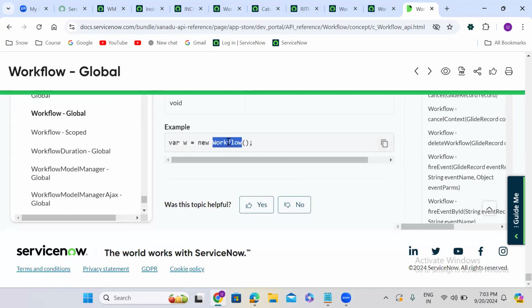So using this new workflow API, guys, you can start the workflow, you can restart